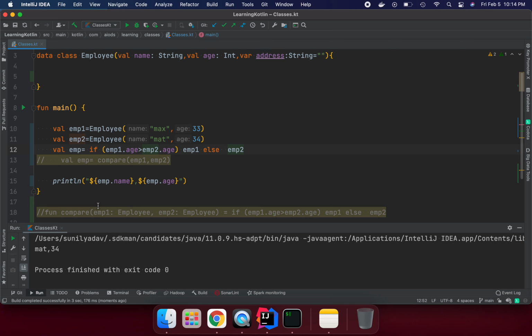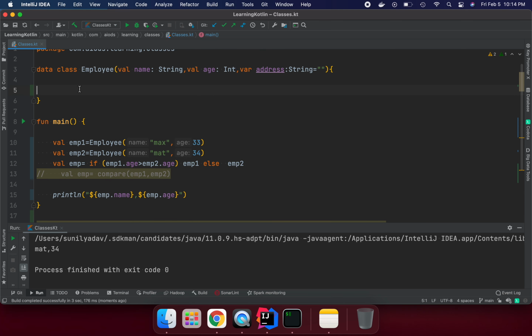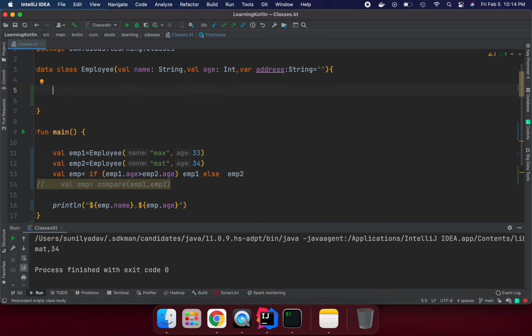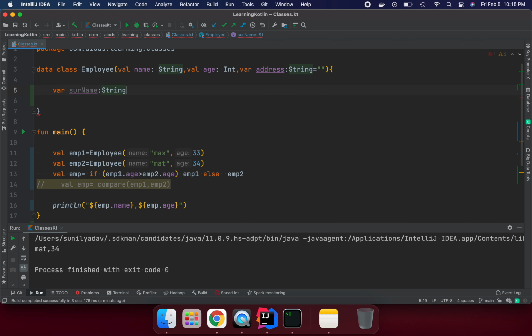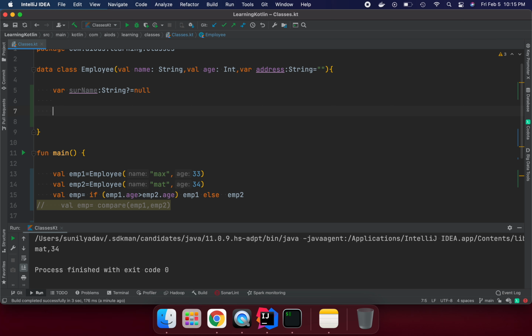One thing I want to explain to you is smart casting with an if condition. Suppose I have one method here. I have a property called surname, of type String with a question mark, which is a nullable type. I am going to create one method to convert it to uppercase.